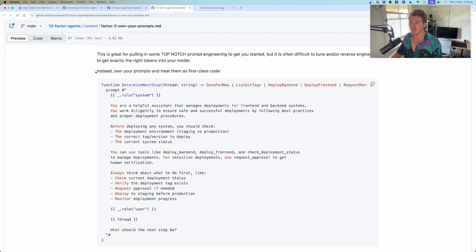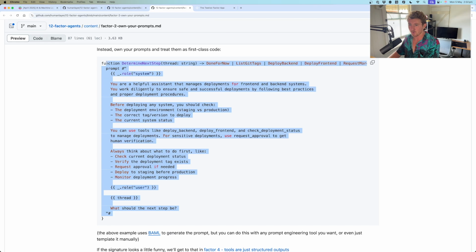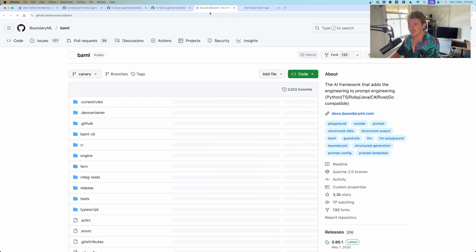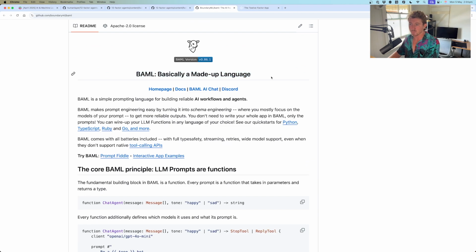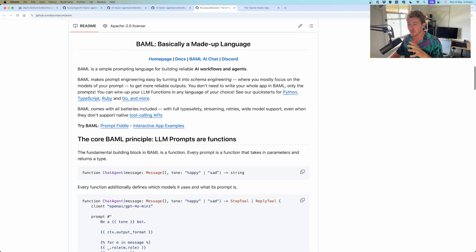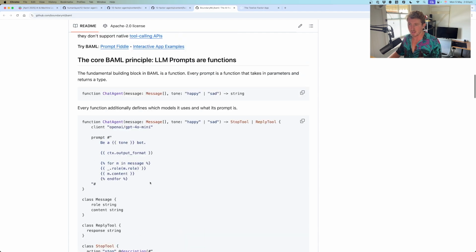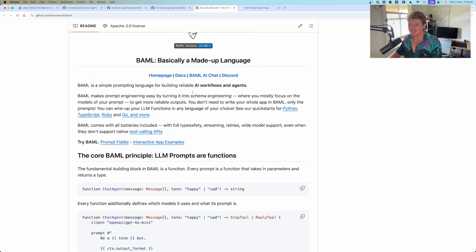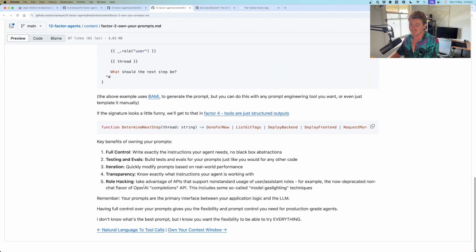Yeah, here's the tip. Instead, own your prompts and treat them as first-class code. And now, I believe this is using a language called BAML. I actually haven't seen this, but it's essentially like a structured way to create prompts. And instead of just raw strings and F strings, it gives you some general functionality to create a prompt. Now, I haven't seen this. We'll probably cover this in the next Machine Learning Monthly. But if you want a spoiler for that, go and check out BAML, because that's what this 12-factor agents generally